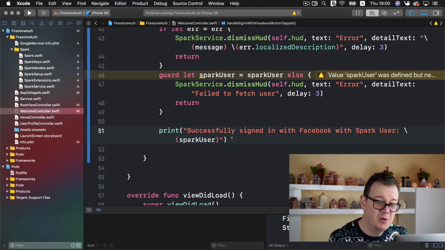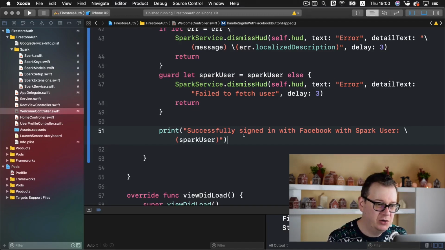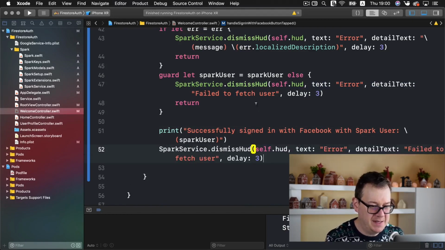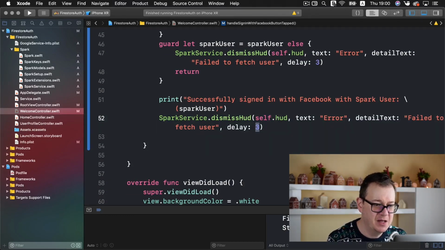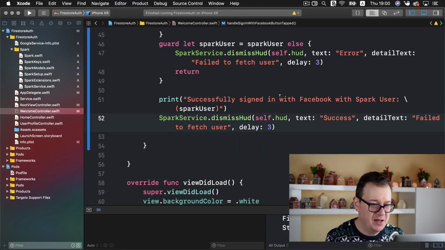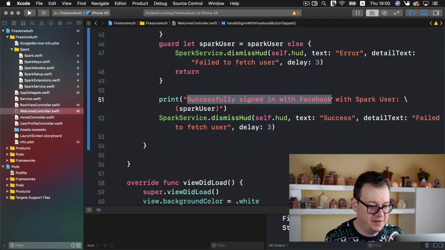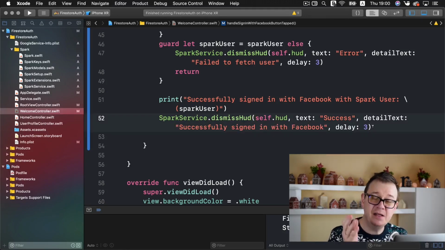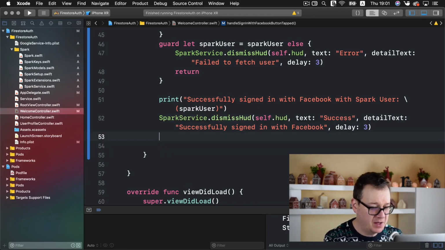Okay, what do we want to do next? Well, we want to dismiss our HUD by presenting this information. So let me just copy it again and paste it in here. So we have our 3 seconds, we are dismissing our HUD, and this time it is success, and successfully signed in with Facebook will be our detailed text. Okay, and finally we want to, let's say, dismiss our welcome controller, and to do that we just simply